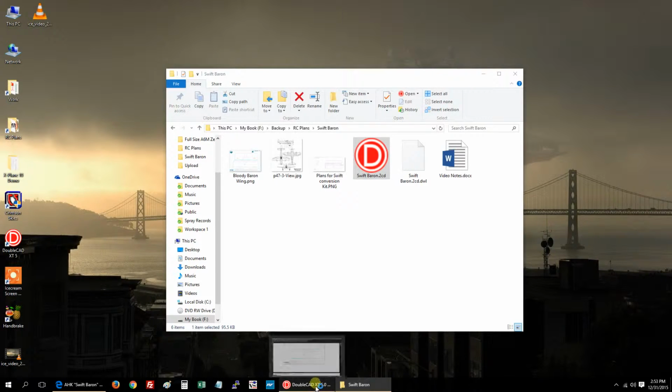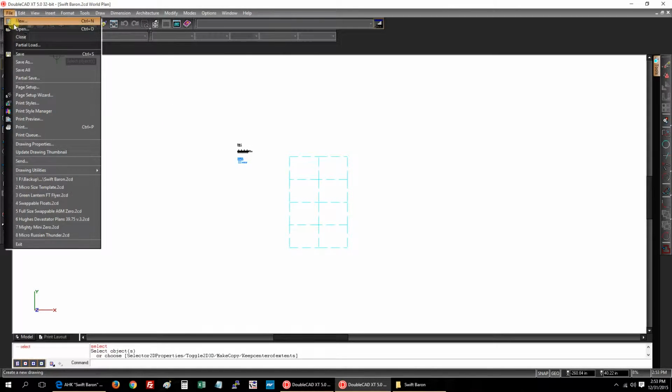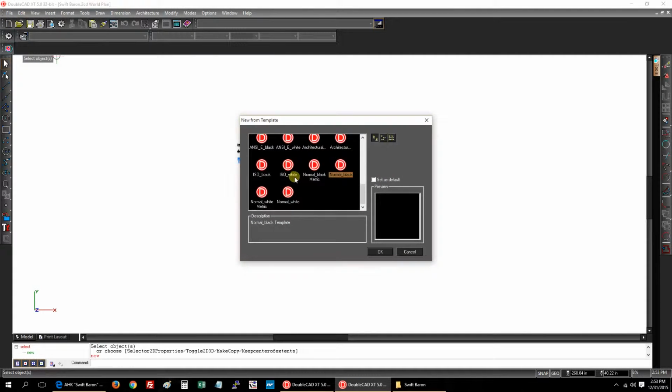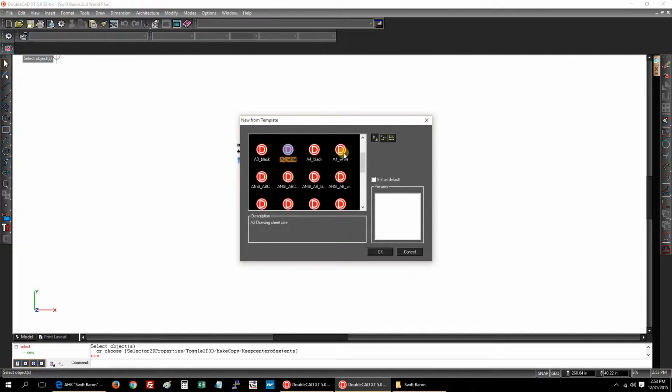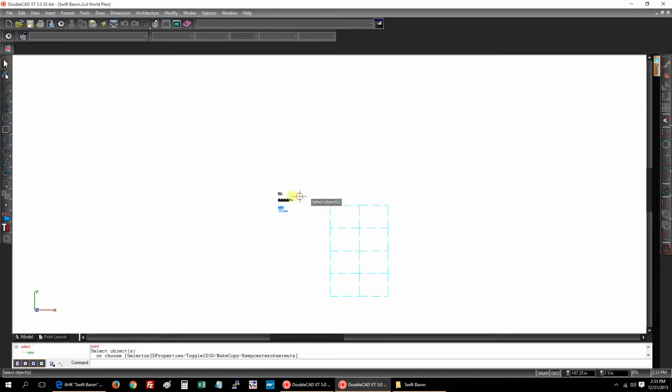Template options for DoubleCAD are pretty simple if you wanted to start something new. Go to New. There's a bunch that are already set up for architectural garbage that we don't really care about at the moment. I like drawing on a white background, so there's the normal white template. That's what you can use to start out. If you're of the metric persuasion, there you go. But anyway,